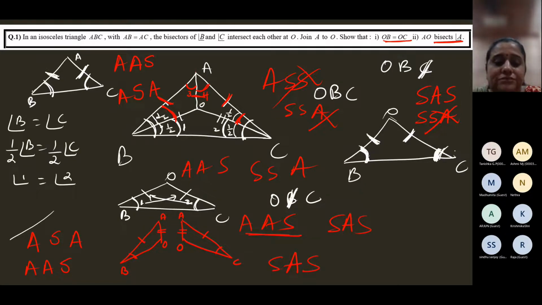What's the other way, children? We can take away A, ma'am. More clearly. Ma'am, angle AB is equal to AC. Angle ABO is equal to ACO, ma'am. One minute, let me do one thing. Ma'am, the angle A is common in both the triangles, ma'am. No, it's not the same angle. It's a different angle in the two triangles.